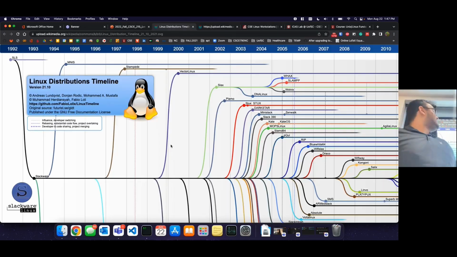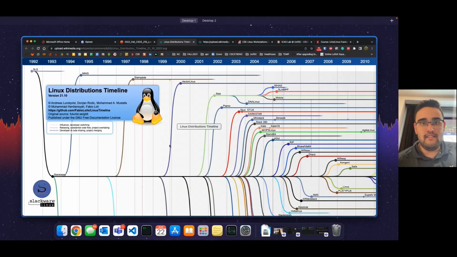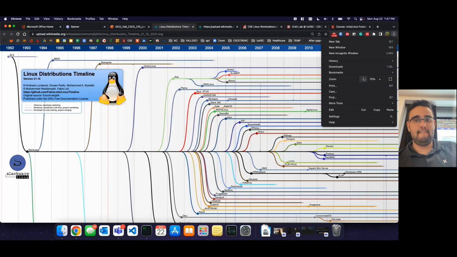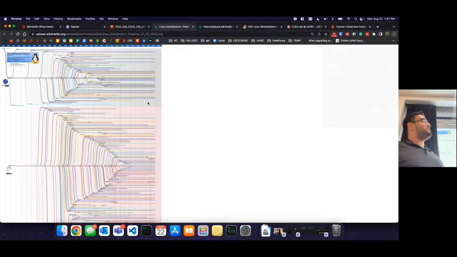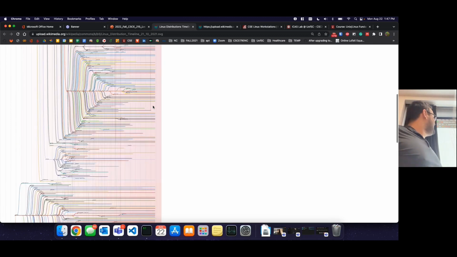All right, and then we have our distributions of Linux. I'm just going to zoom out. I guess I'll have to do it manually. These are all the distributions, well, a lot of them at least, of Linux. They've been forked time and time again until you wonder who needs any more distros of Linux, right? But there are still new ones coming out that are actually really nice, and they all do their own little thing. But they're all based off of the Linux kernel for the most part.